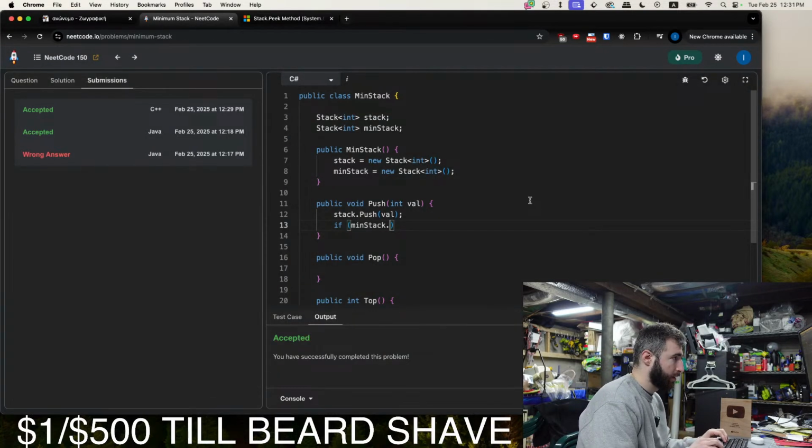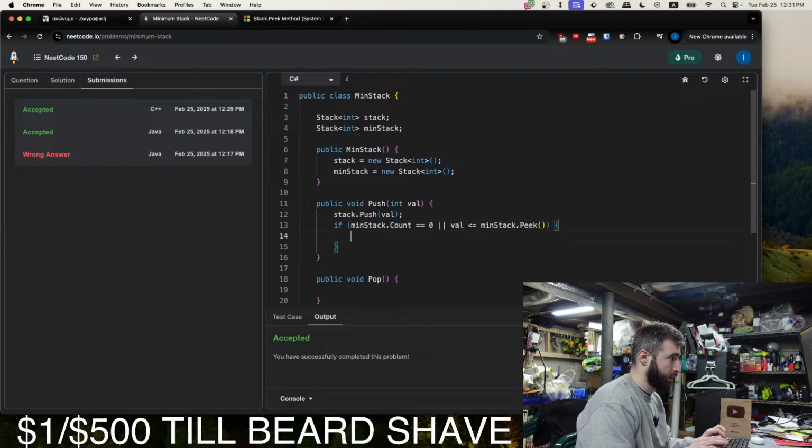So min stack dot count is equal to 0, or val is less than or equal to min stack dot peek, and we push it. Min stack dot push. Cool.